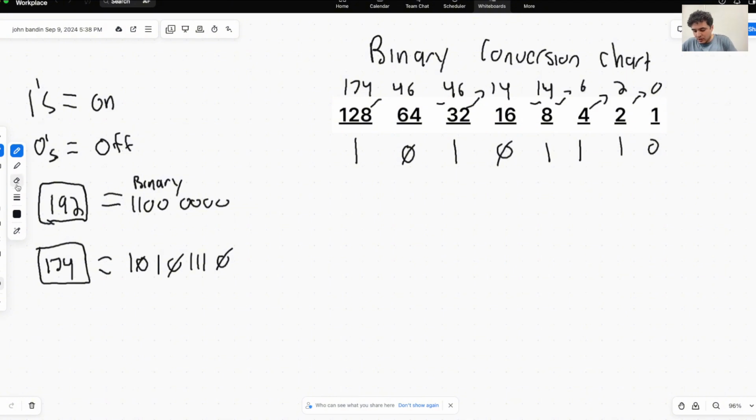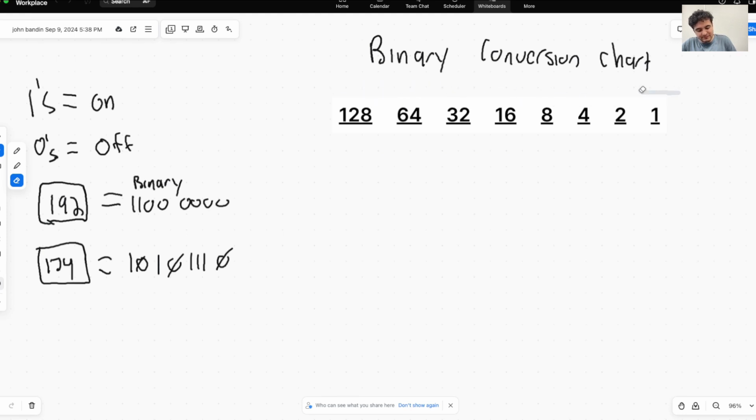Now, let's erase this again. And let's do a different conversion. Let's try to actually convert from binary into dotted decimal. All right, so let's do it. So I'm just going to write random binary. So let's say 1 1 1 0 1 1 1 0. It's actually probably going to be easy. But here's how we convert binary